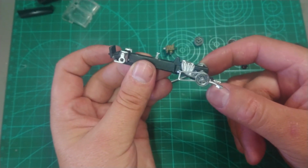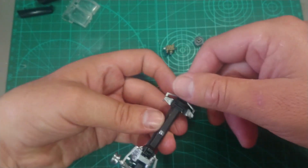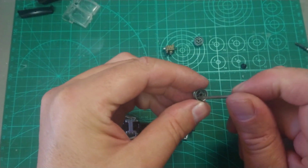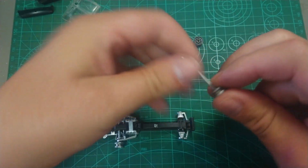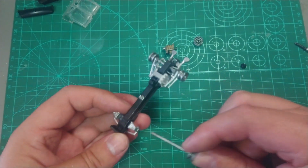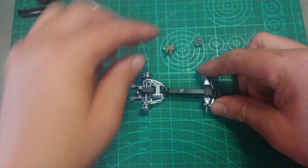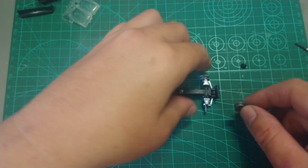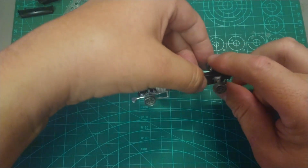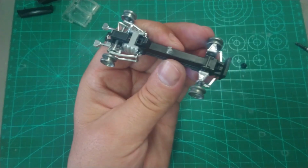There, I've got my wheels on, and I just have to do the same for the front suspension. That's as easy as just getting to the front suspension. This is just as easy as just getting it through there. I still need to cap these axles, which I've cut off. So there's the first one in, and then my second wheel. I can't get these cleaner than what I got them, but I think it will give a nice detail to the car itself. So there we have our two wheels and axles on,